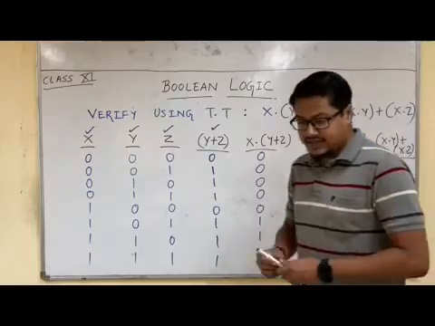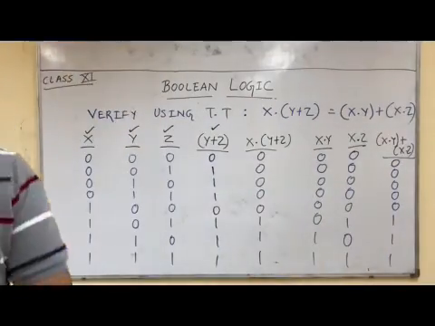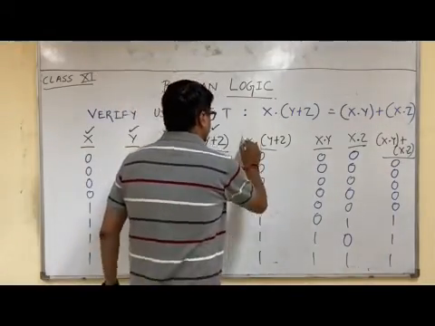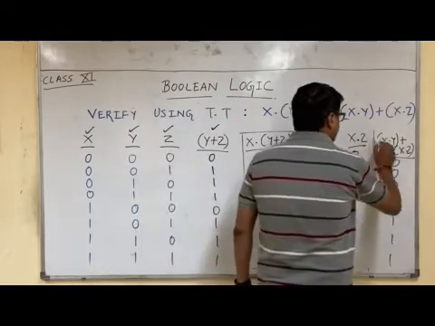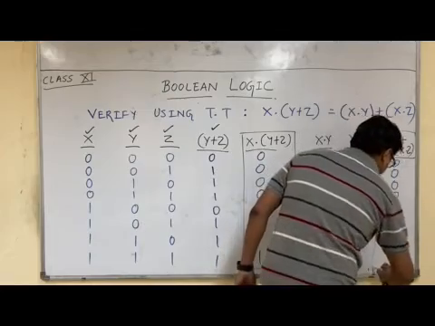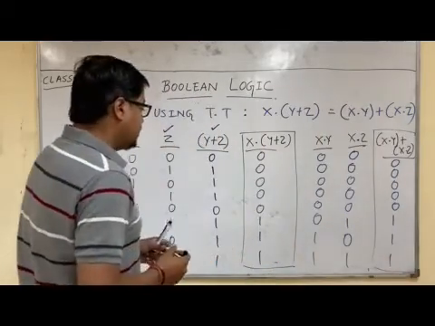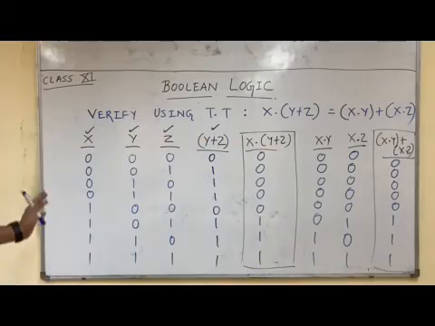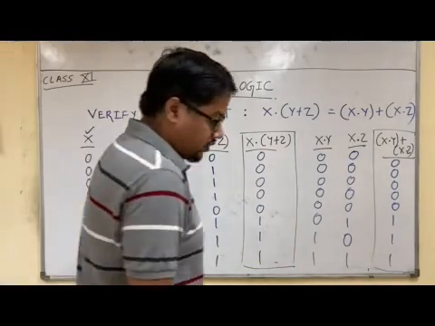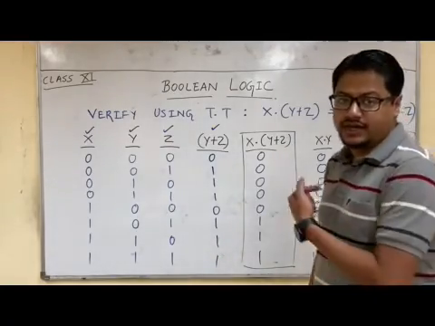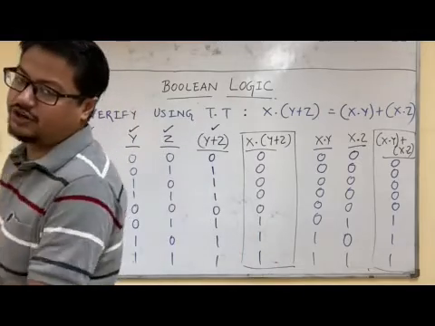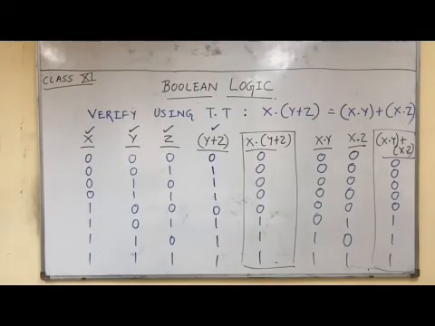So students, as you can see, this was a verification type question, right? This was our LHS and this was our RHS, and as you can see, both the values of LHS and RHS are same. So in this way, verification type truth table questions will be solved. Okay, so I hope you are very clear with the truth tables. In the coming assignment, you will be getting some questions based on the truth table, so that your practice becomes more concrete. Okay, so we will stop this video for now.